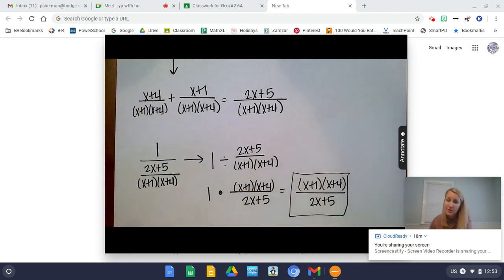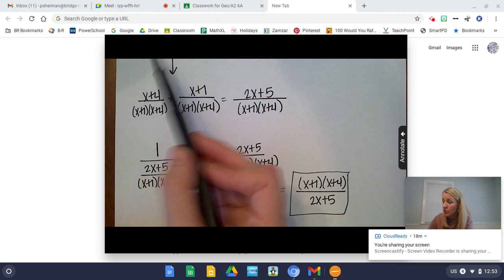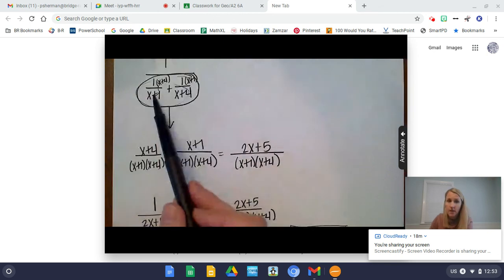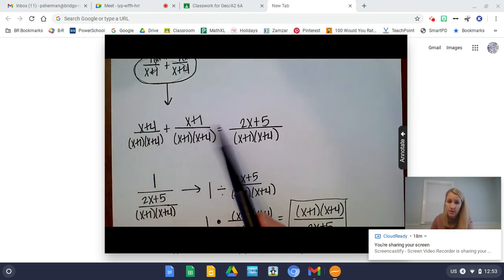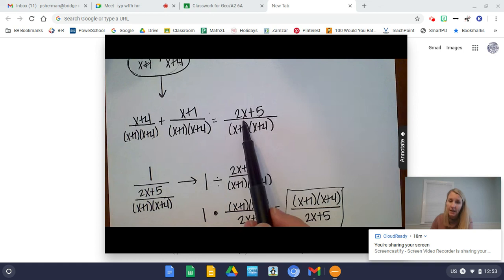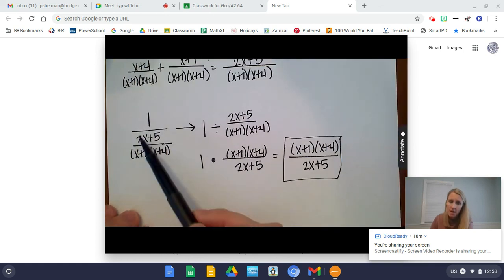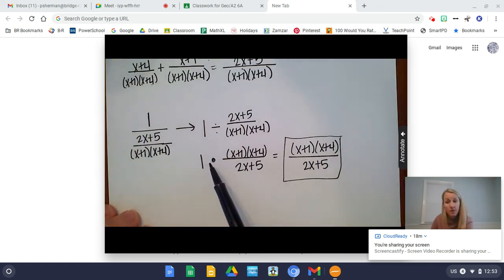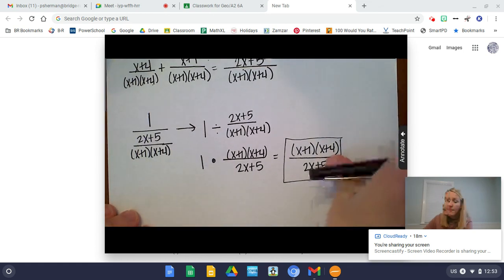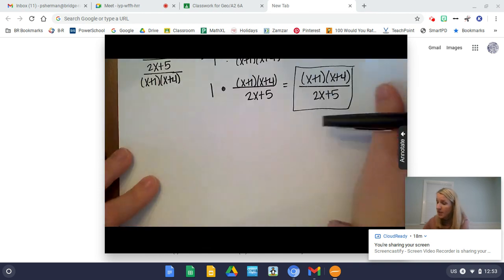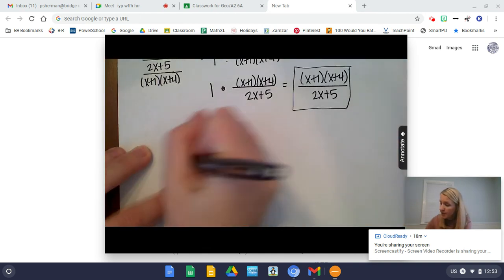But let me show you the shortcut. So technically that was stuff we knew how to do. We knew how to add in the denominator. I kind of did that as a separate problem. Once I added, I reminded myself that that just meant division. And to divide fractions, I'm just multiplying by the reciprocals. So another way you can do this problem is if you take the original,